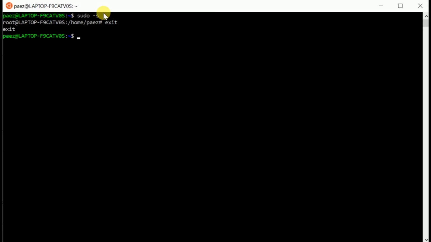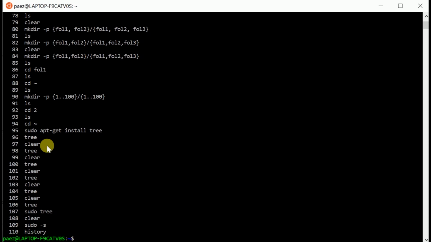root mode. Moving on to the fifth command, the history command is used to print the history of the commands that you have typed so far. But what if you want to type a command and make it such that it doesn't appear in the history? I don't know what you want to do, but if you have some particular command in mind which you don't want to appear in your history, what you can do is add a leading space. Just a leading space followed by your command will ensure that it does not enter into the history.